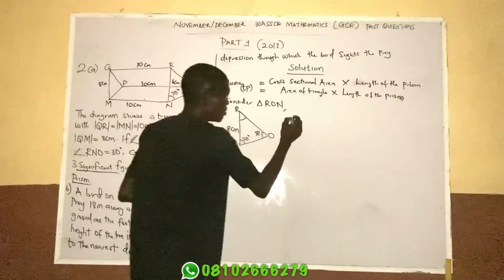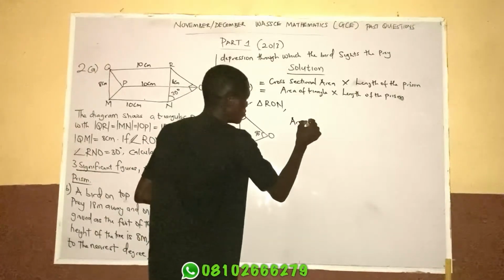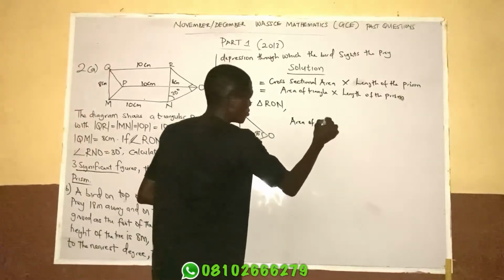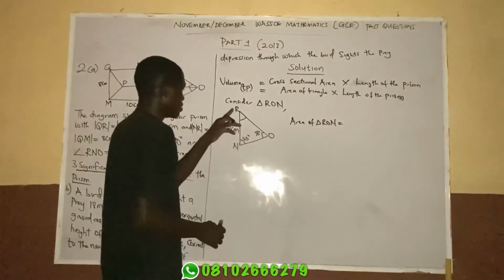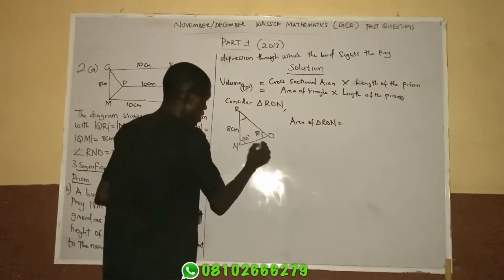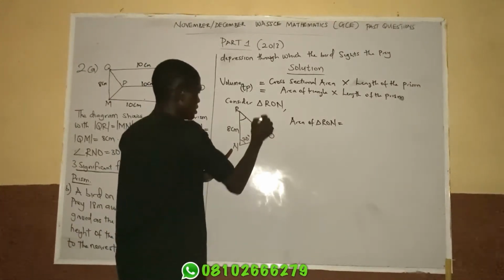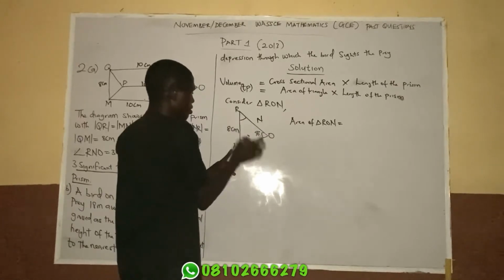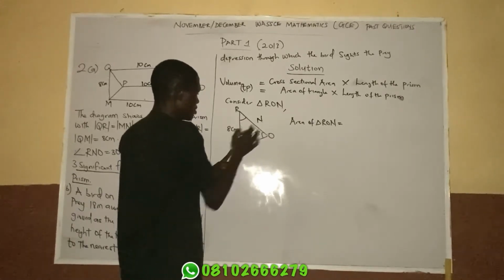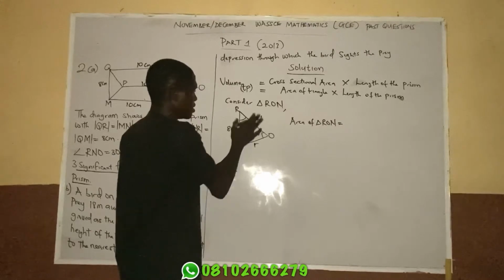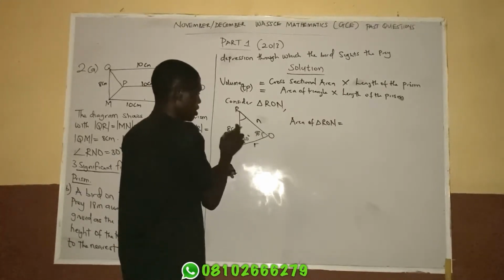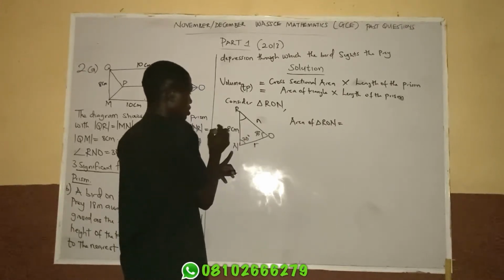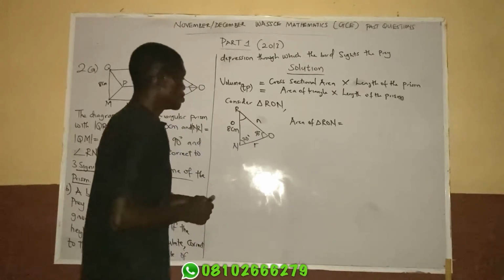The best formula for the area of a triangle. The area of triangle RON will be equal to what? Now let's look at this. This is R, this is N. The side facing angle R is side r, the side facing angle N is side n, and the side facing angle O is small letter o. So if I want to solve this,